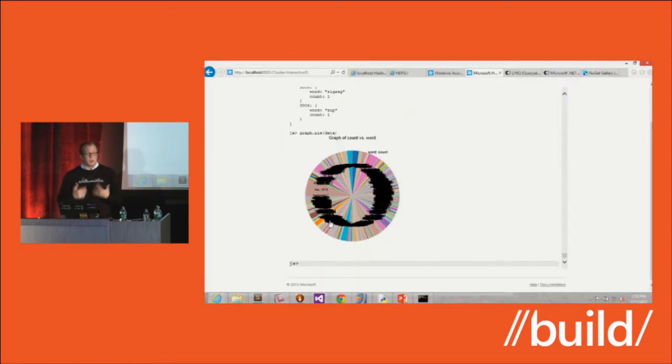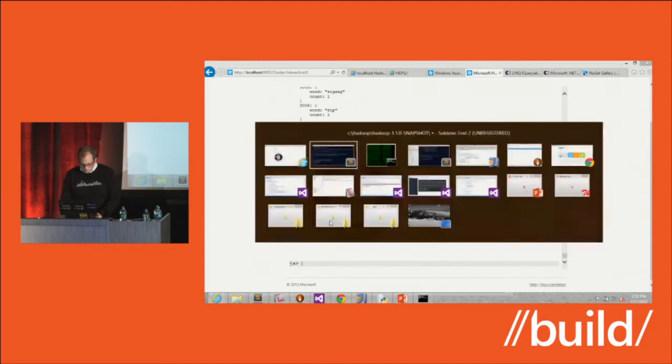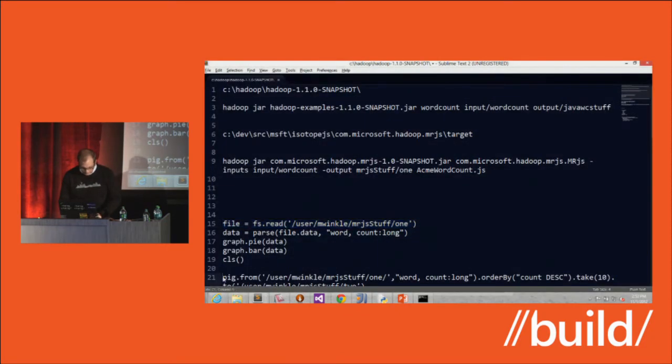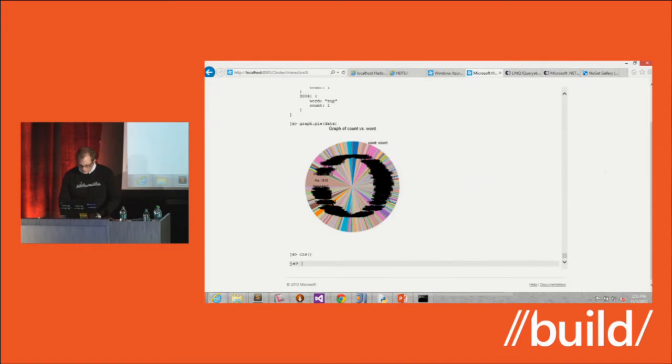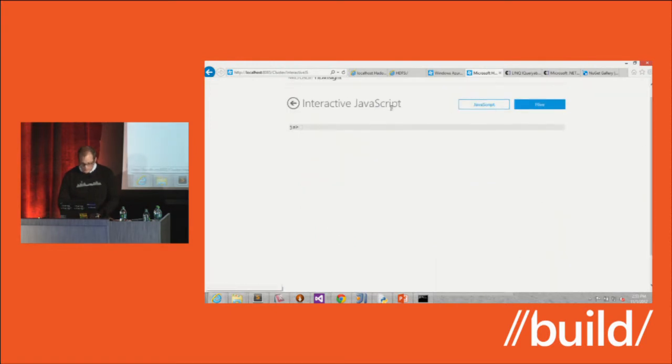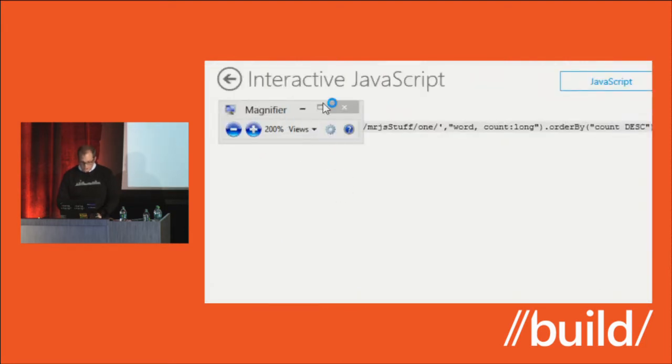And so I'm going to turn around and I'm going to run another job. I could write another MapReduce job, but we've also got a syntax here inside the console that allows me to compose a job through more of a query-based API. This is going to look familiar to folks who use LINQ or other fluent query APIs, where I can go build a little JavaScript string. So we'll hop back up here. And let's look at this. The first thing